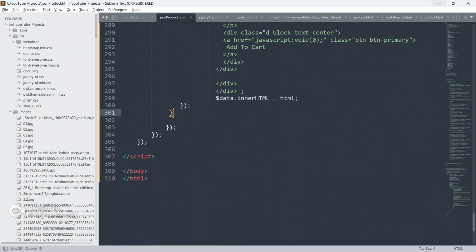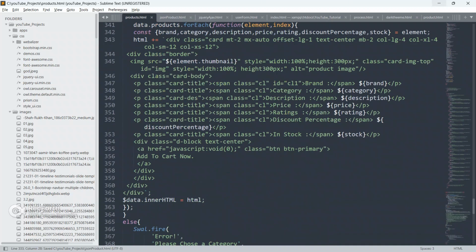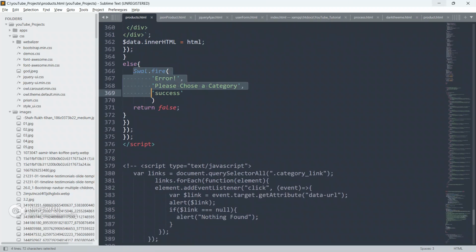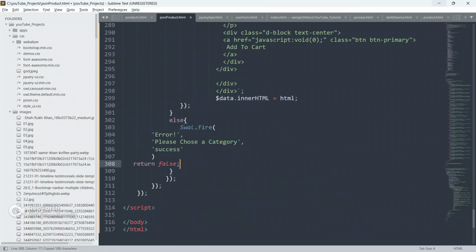And if anything happens wrong, then we will run an else block of code. So just go to the example and copy this else block of code, and paste it here.